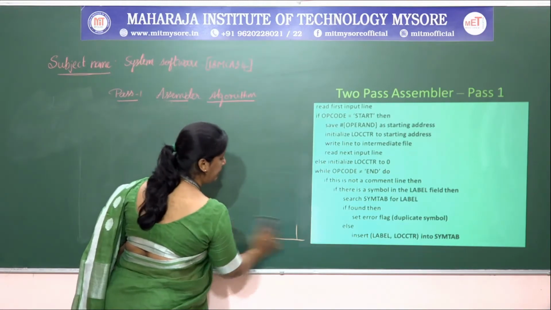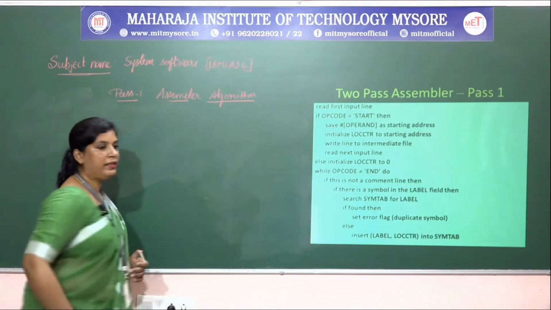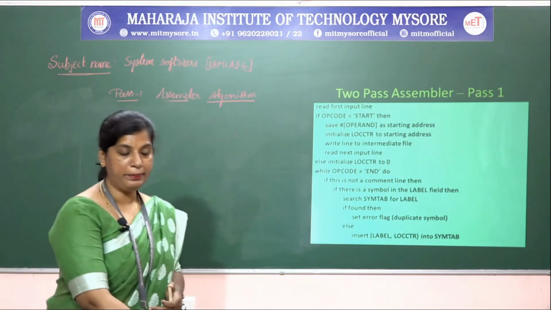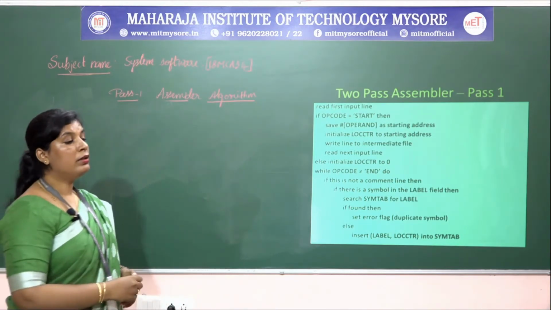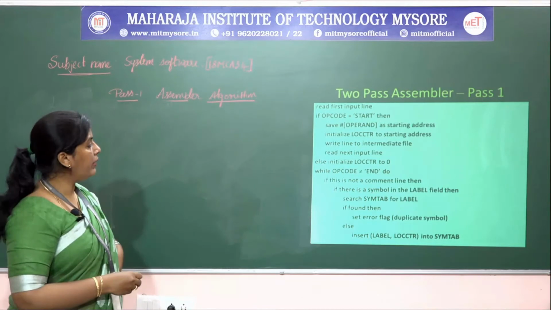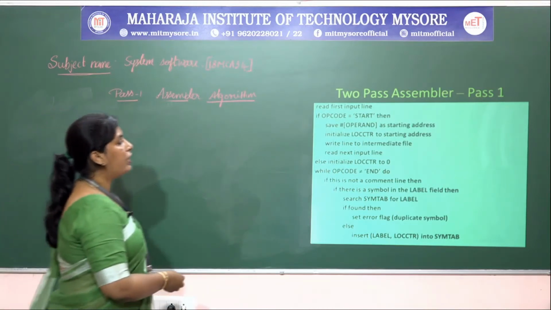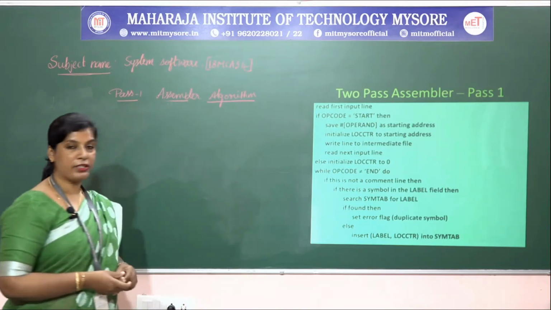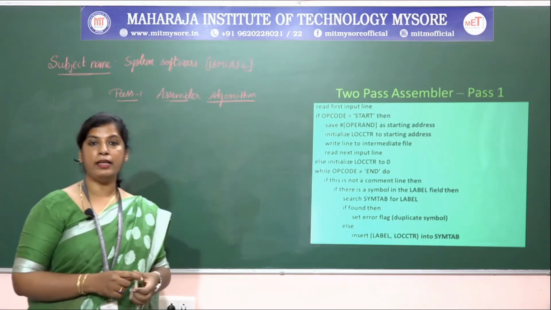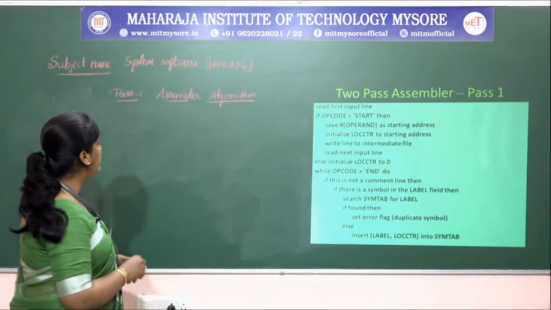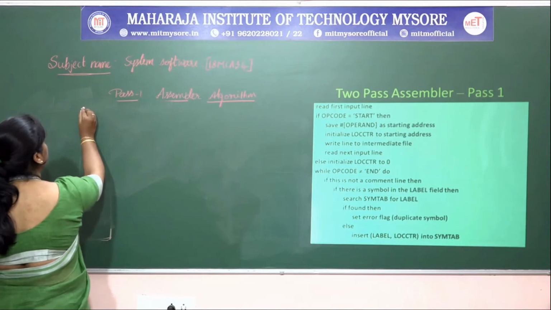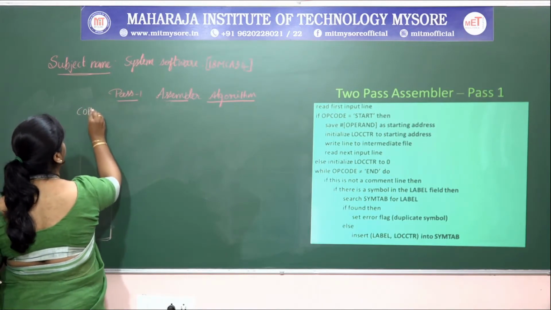So I will take the same program here to explain that algorithm. During pass 1, first we are going to check the opcode of the first instruction. What is the first instruction in that program? That is the program name, COPY,